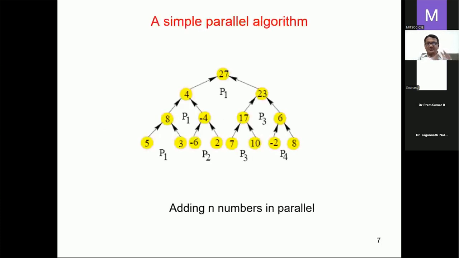So anyway, now I'm taking a very simple problem. And what is my problem? My problem is to add n numbers. But not on a sequential machine which follows von Neumann architecture, I want to add n numbers in parallel. On which machine? Parallel machines. Is it clear? So this is how a parallel algorithm will work. All of you are getting my context, how I am switching from von Neumann, I'm shifting my solution from a sequential machine to a parallel machine, right?